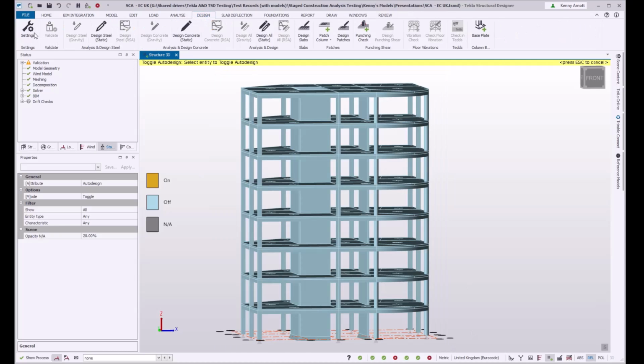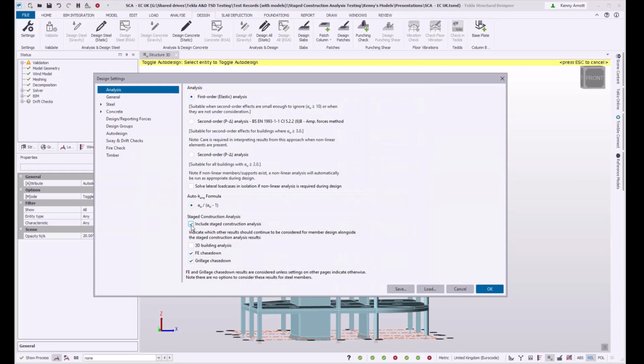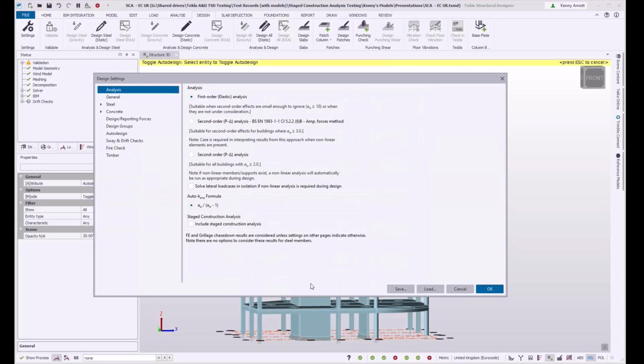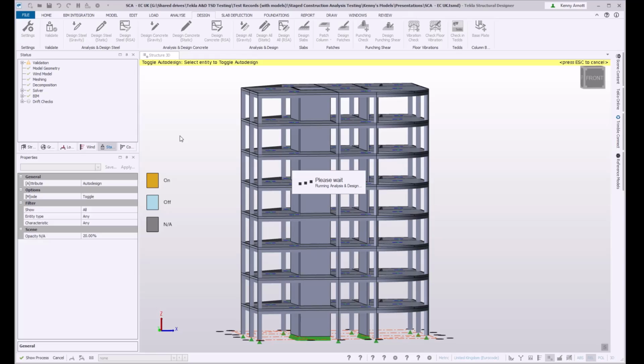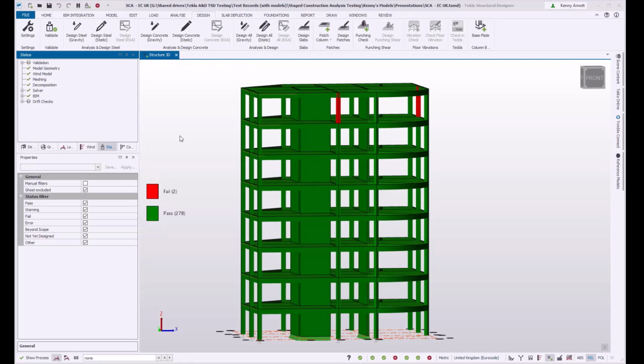In the design settings, I'm now going to exclude the stage construction analysis. So I'm back to considering just building analysis at one end and the chase downs at the other. And if I run the design of that structure, we can see what happens, so how different the results might be. We have now designed for the tighter envelope, and we're now checking that when it gets designed for the slightly wider envelope.